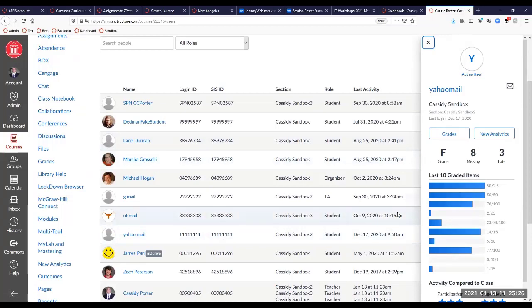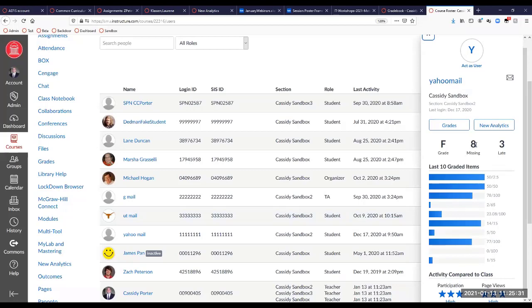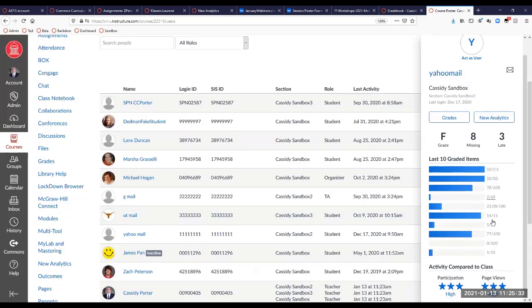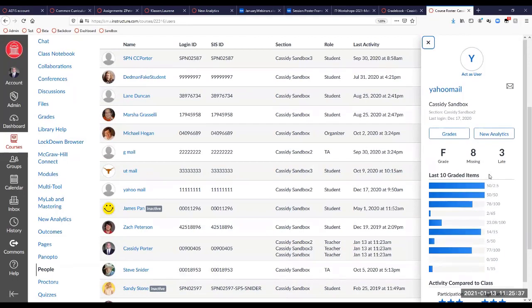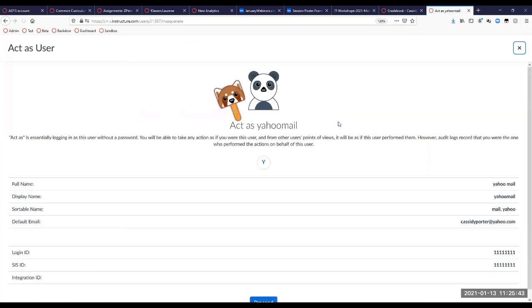So when you click on a student side people view, you get this little pop out, and it'll show them their current grade, how many assignments are missing, how many assignments were late, the last 10 things graded, and how active they are in the class. It's just a quick overview of kind of how they're doing. You can email them, of course. But let me show you what they would see